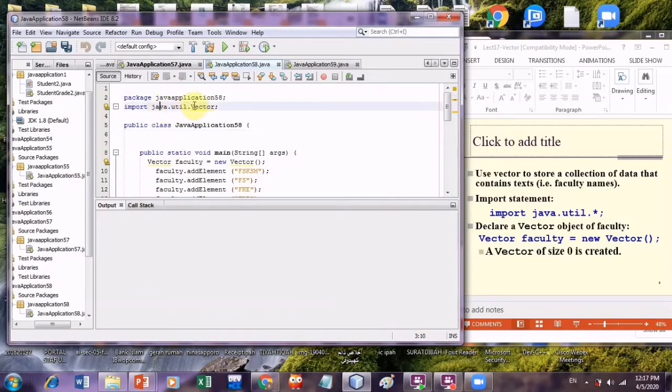Okay, java.util.Vector. This is the first step. When you want to use Vector, you have to import the Vector class from the utility package. Then you declare a Vector object named faculty. At this point your size is still 0. Now you add element number 1, so the size is 1, then number 2, number 3,